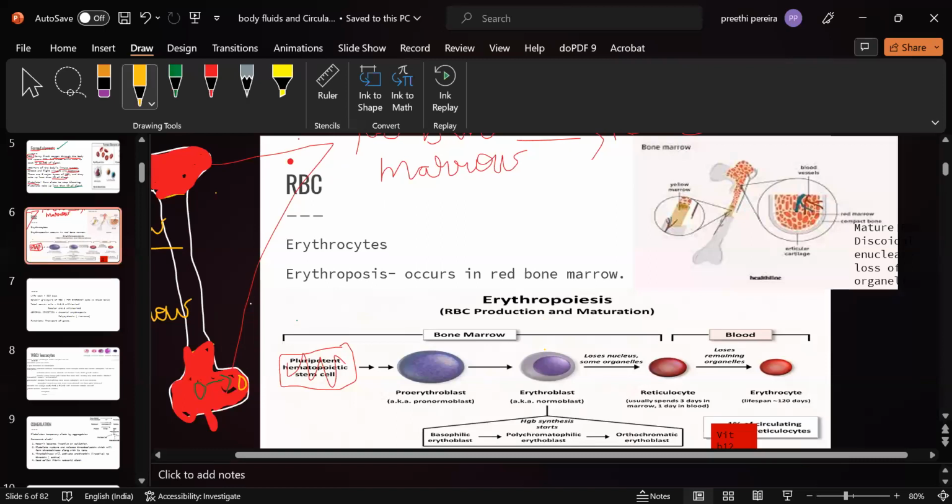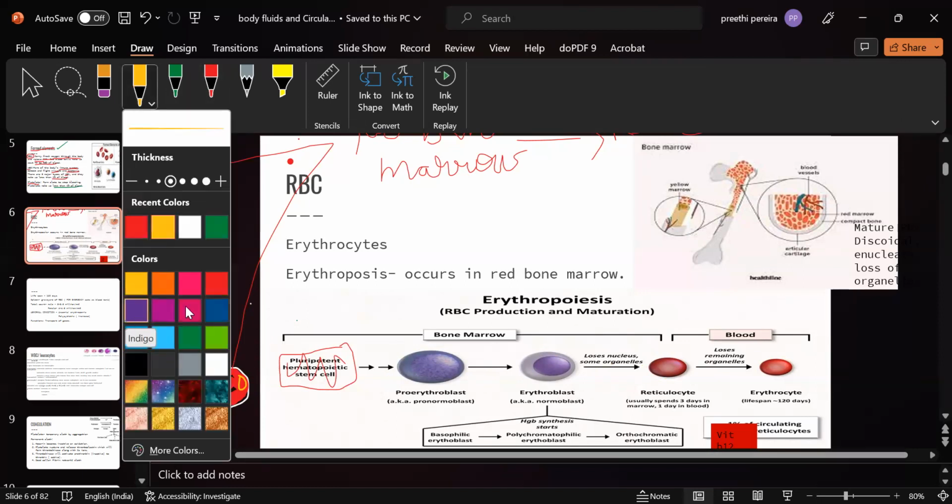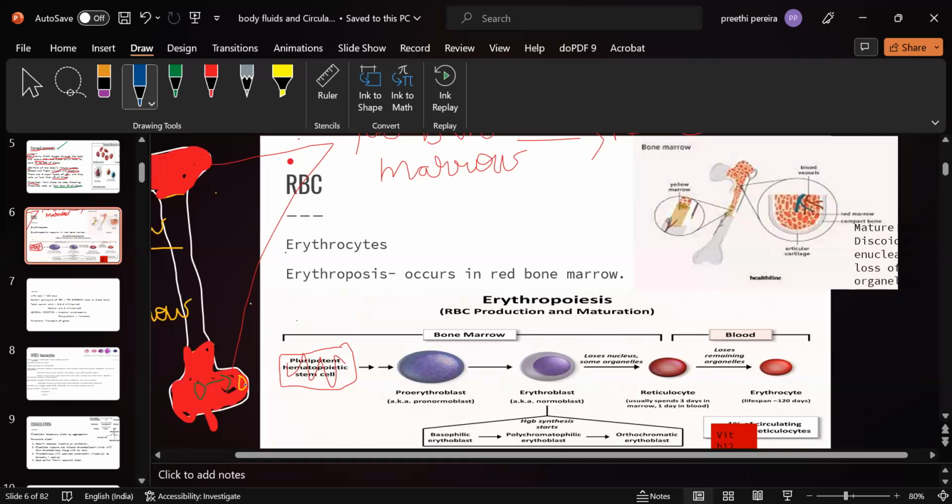Erythroblast में तुम्हें एक न्यूक्लियस दिखेगा. You can see a proper nucleus with cell organelles. थोड़ी टाइम के बाद erythroblast is going to lose its nucleus and some cell organelles and it turns into reticuloblast. ये येलो कलर का erythroblast ये बन जाता है. It is going to lose its nucleus and organelles and it becomes a